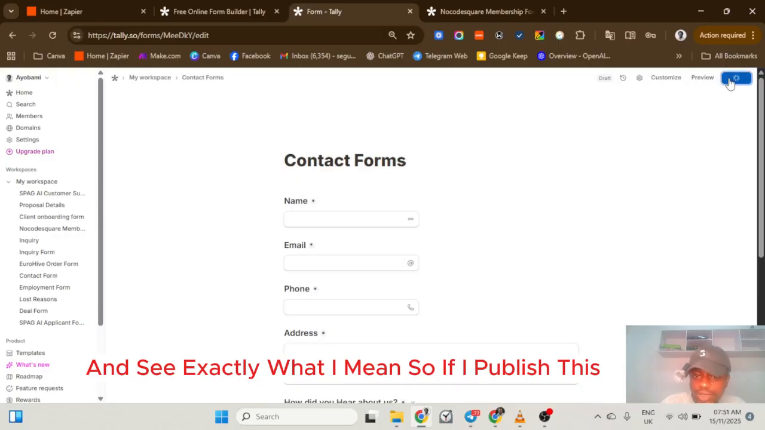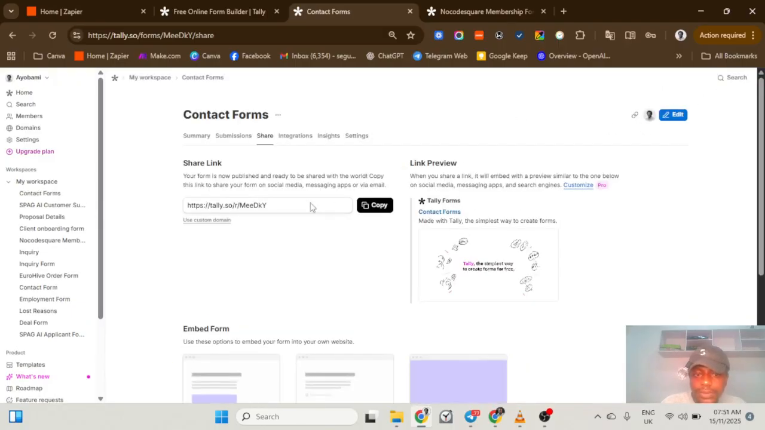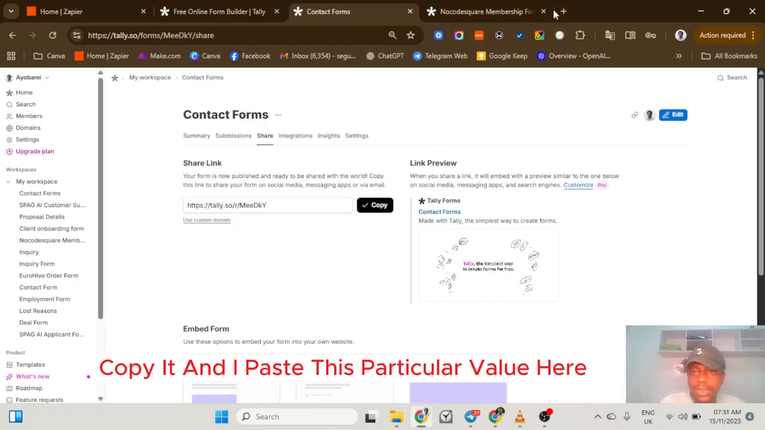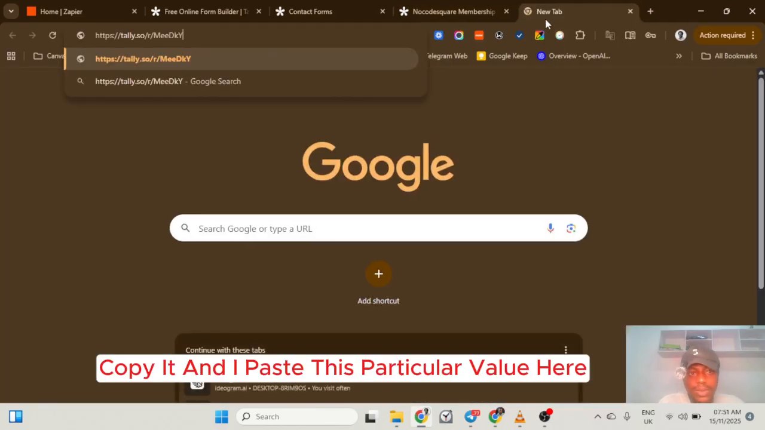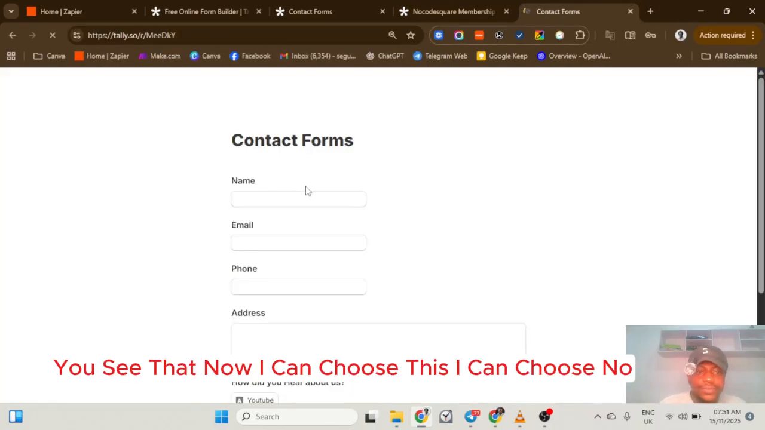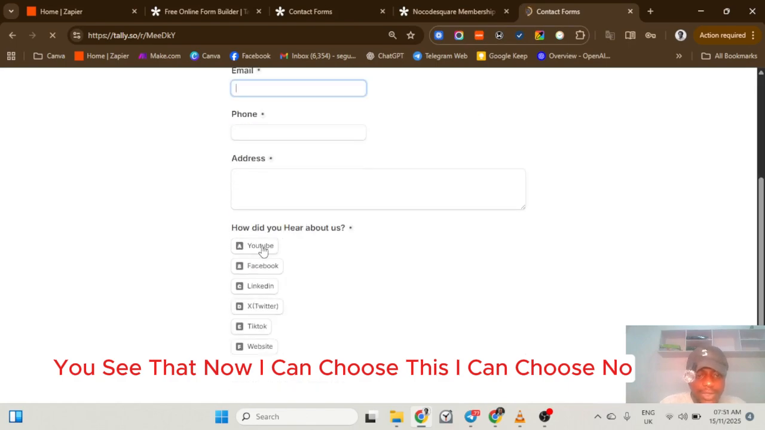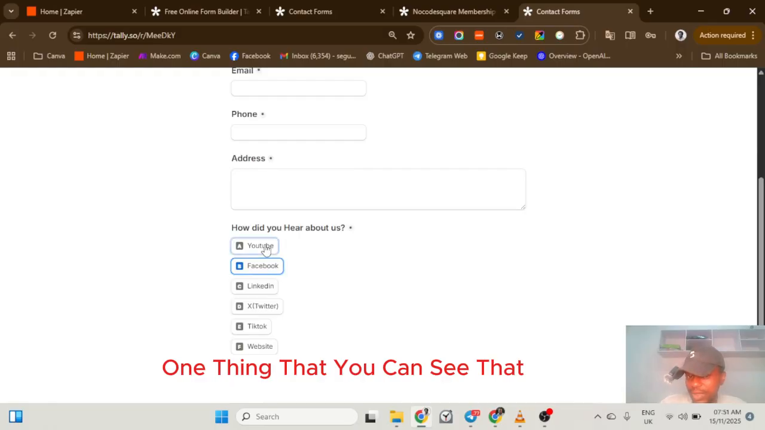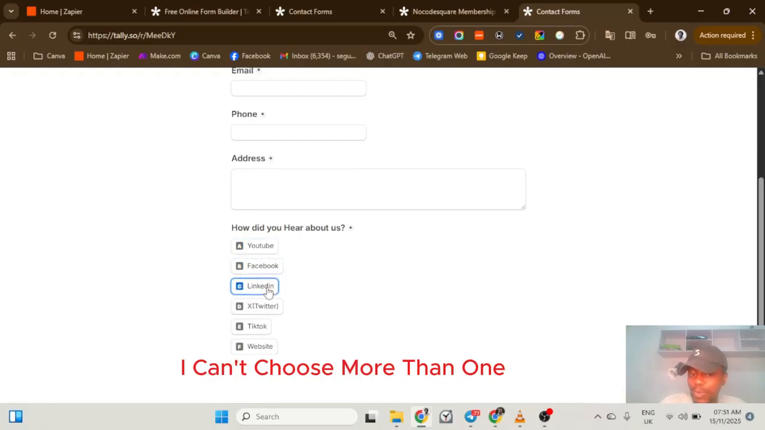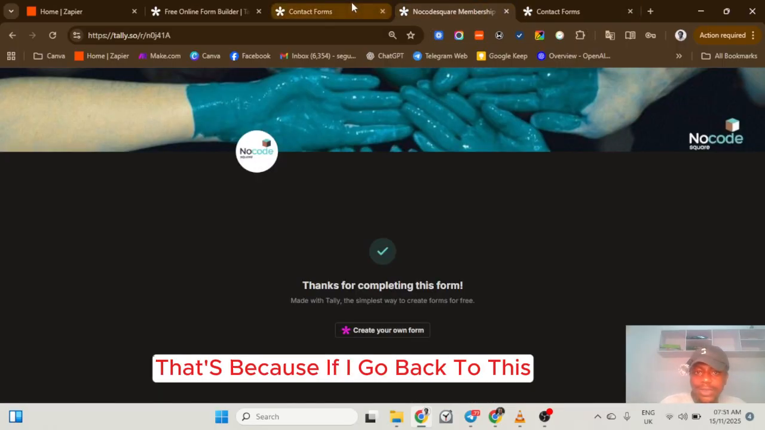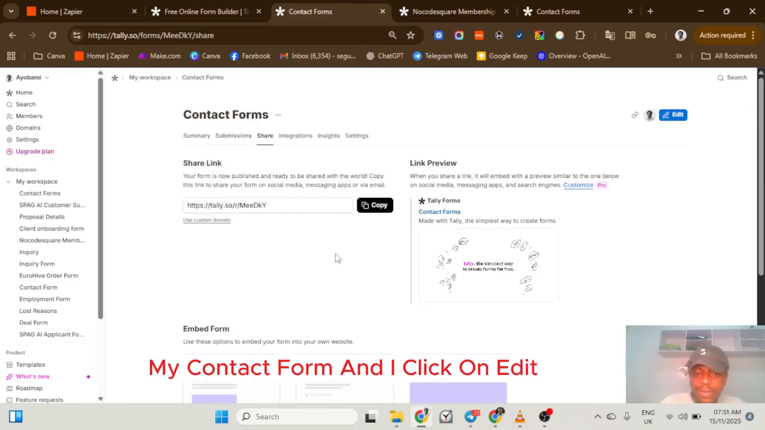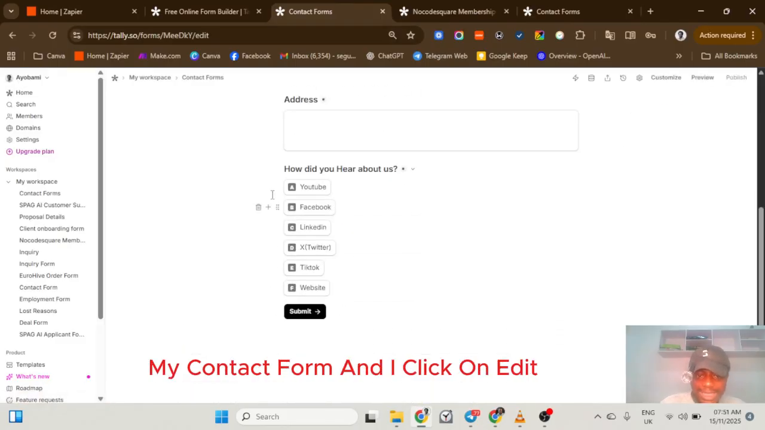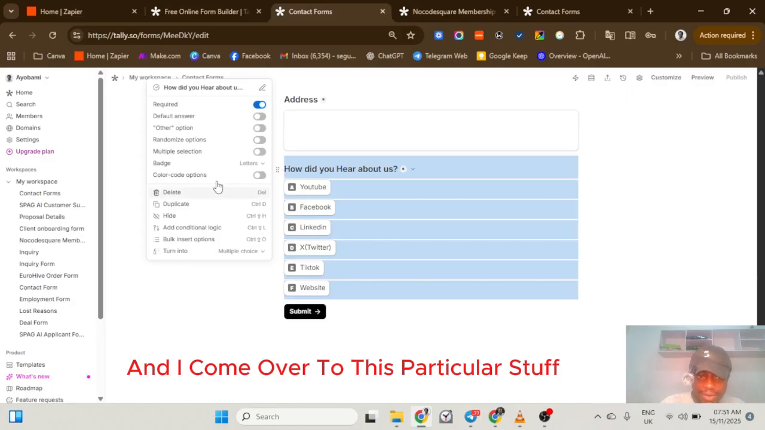So if I publish this, right, and I come over here, copy it, and I paste this particular value here, you see that now I can choose this. I can choose no, now. One thing that you can see is that I can't choose more than one. That's because if I go back to my contact form and I click on edit, and I come over to this particular stuff,